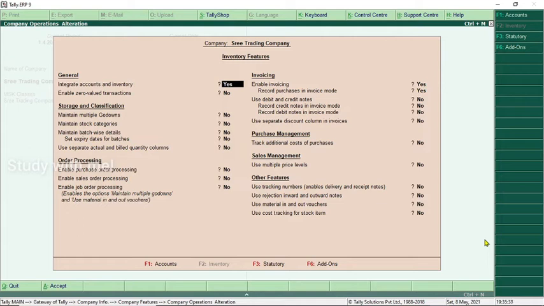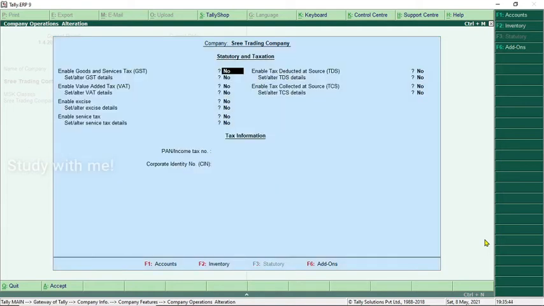From the same screen, you can go to statutory features also. Just press F3 on your keyboard. Once you press F3, it is statutory and taxation.